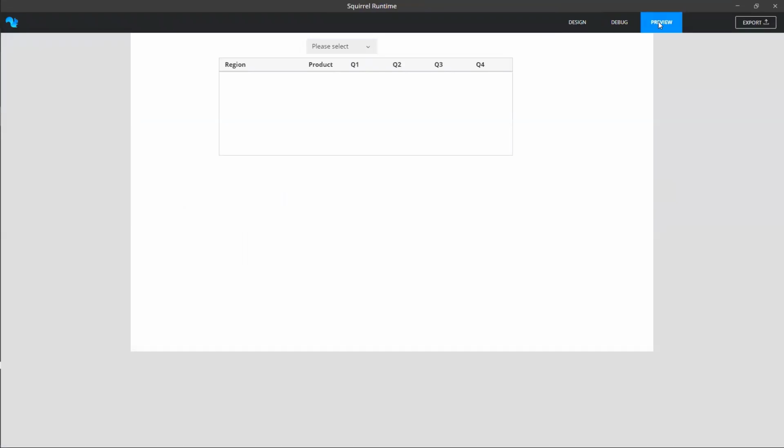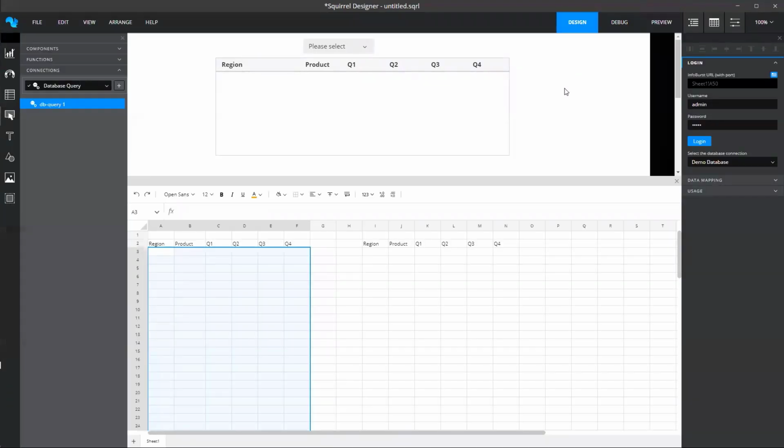Now, I know why there's nothing there, but often you'll do this in the real environment and say, why is there nothing there? And the next thing you would now do is, okay, so I better put tables on here to see if the data's come in from my database, and it all sort of works around debugging. Well, the great thing about Squirrel, and this really is a huge step forward, is you have this debug tab. So the preview is how it will appear when it's exported, but the debug runs it with the model running, but with the spreadsheet. So watch this, what happens here.